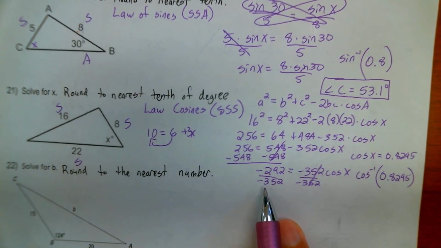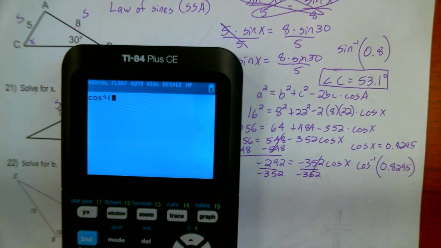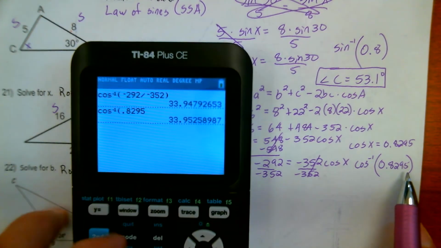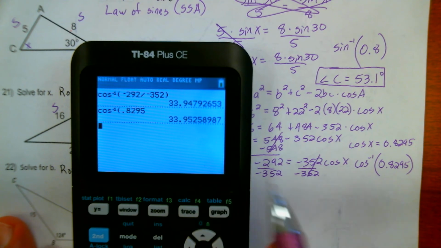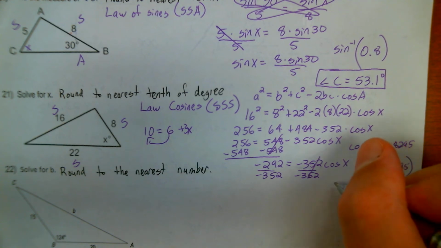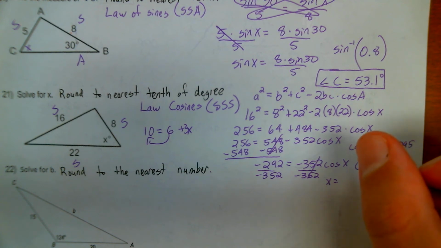Now here, you could just type this into your calculator. You could just type in inverse cosine of negative 292 divided by negative 352, and we get that. Or I can just type in what I got here, inverse cosine of 0.8295, and of course we get basically the same thing, just because I round. Again, you can see why if you round early, we don't get the exact number, but it's close enough. We're just rounding to the nearest tenth of a degree here. So x is equal to 33.95. So we're going to round that to